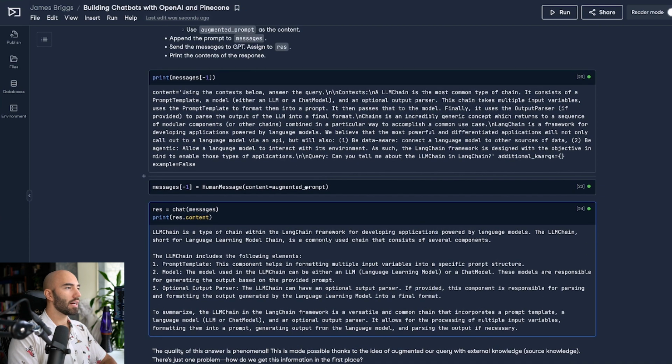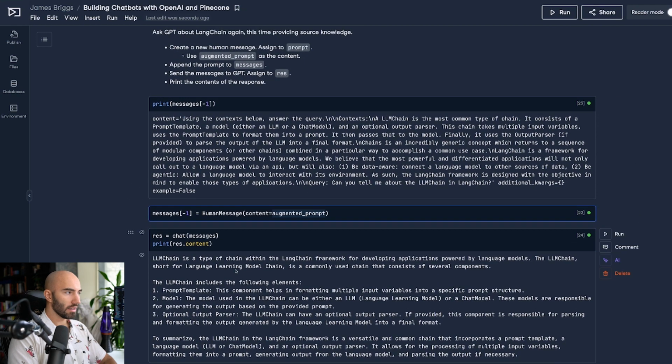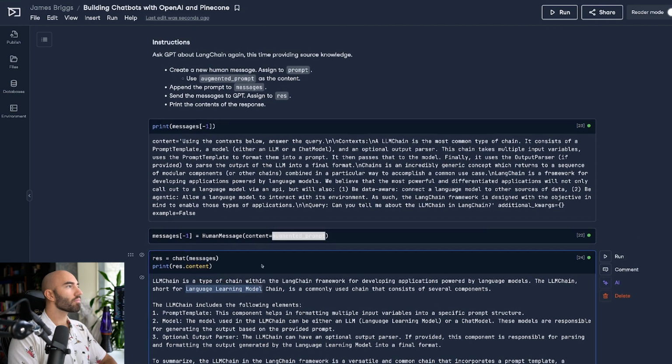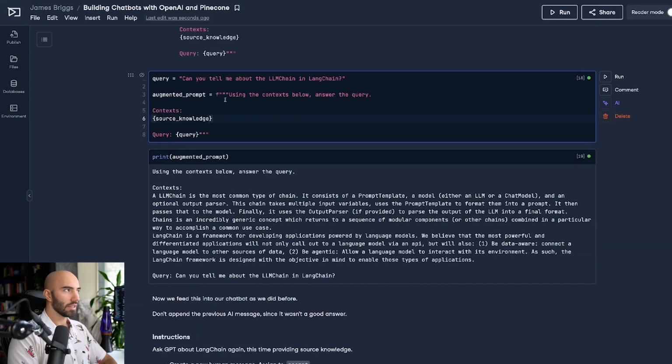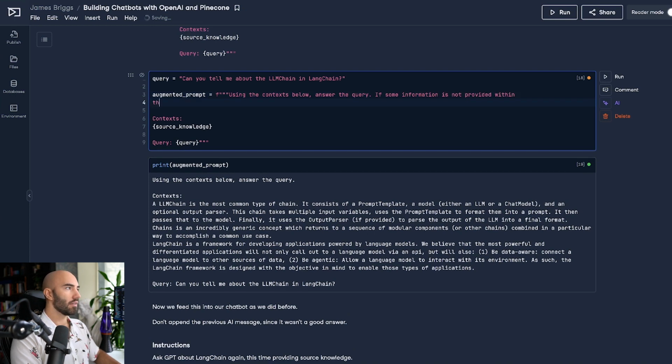Now we can also modify our augmented prompt if we'd like to avoid this type of hallucination. Let me show you how to do that quickly. If we take a look at our augmented prompt, we say, using the context below, answer the query. We'll just tell it: do not make anything up. If some information is not provided within the context below, do not include it.